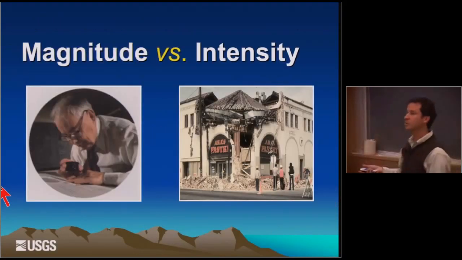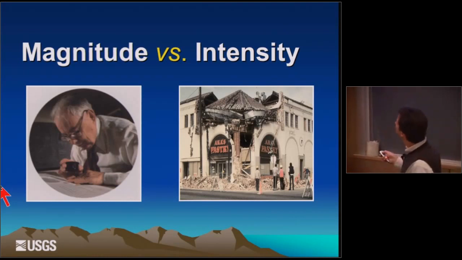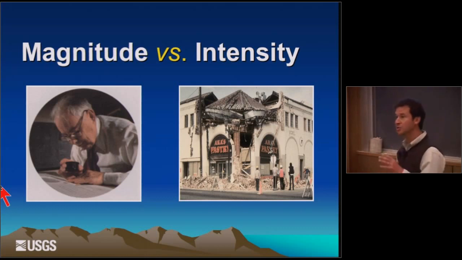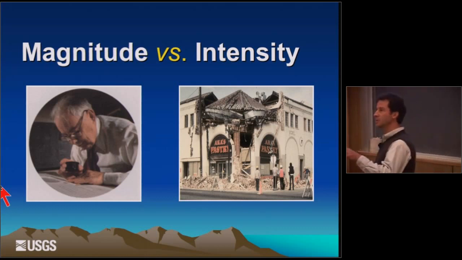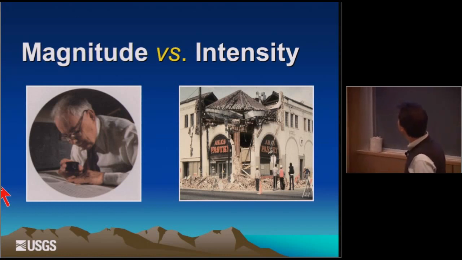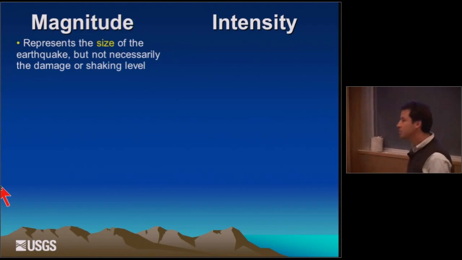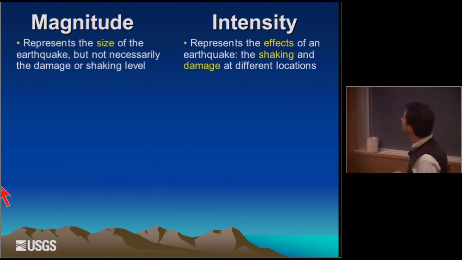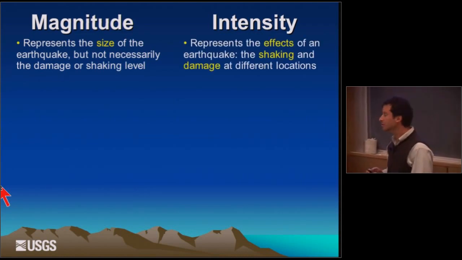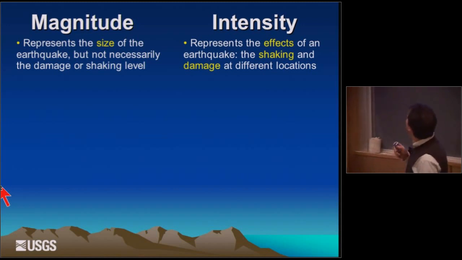This is something we have to clear up before we go any further. On the left, I have Charles Richter looking at a seismogram, trying to determine magnitude. On the right, intensity as described by what happened to an actual building in a particular location. The difference between these two is pretty important to recognize. The magnitude represents the size of the earthquake, but not necessarily the shaking level of the earthquake. Intensity, on the other hand, represents the shaking at a particular location, and obviously that shaking and damage can vary